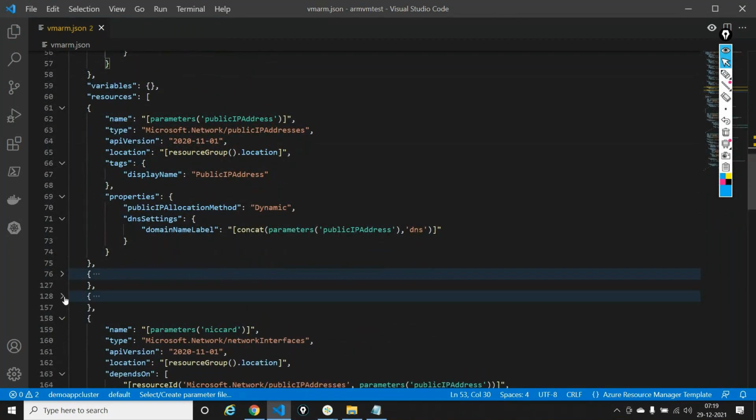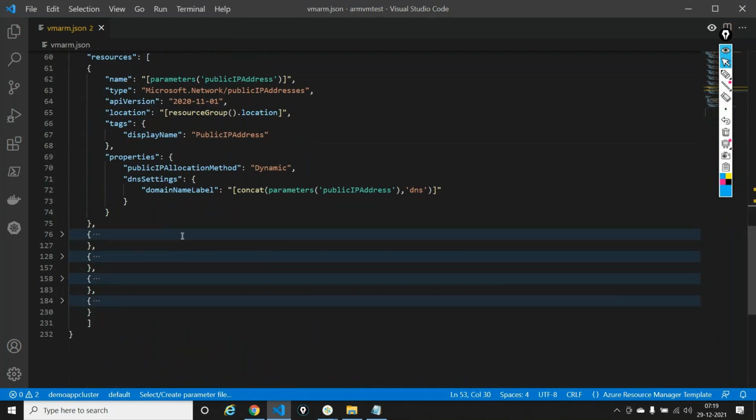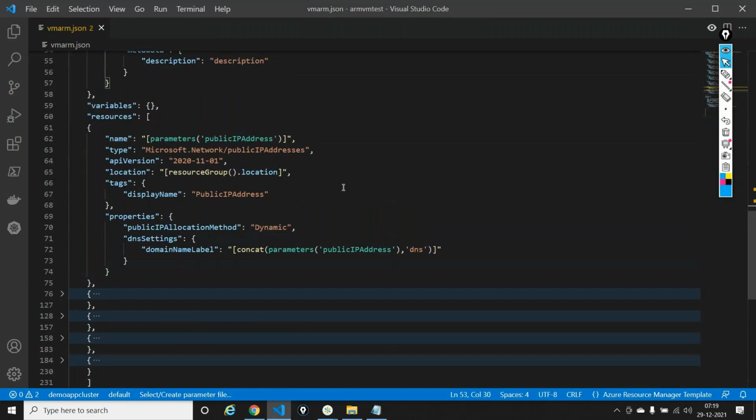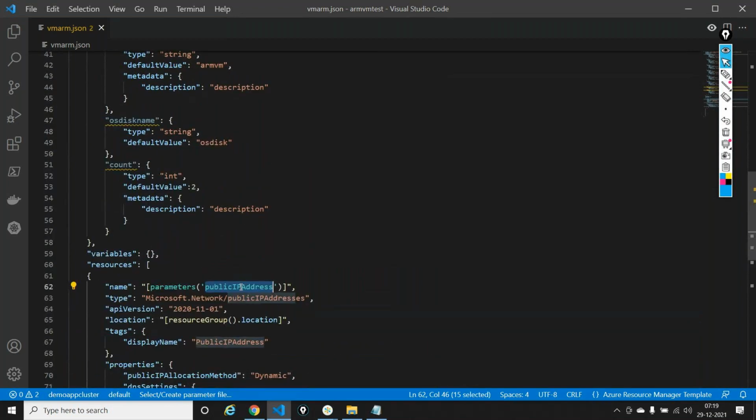Firstly, I'll collapse everything that I'm not working on. This is the best practice. I'll just focus upon the resource that I'm working on right now, and the resource that I am focused upon is Microsoft.Network/publicIPAddresses. So let's do one thing. Now I need two public IP addresses. So if I go into the public IP address right now,